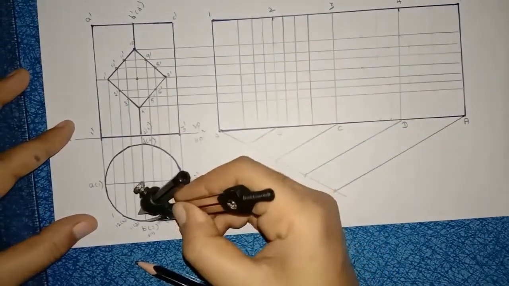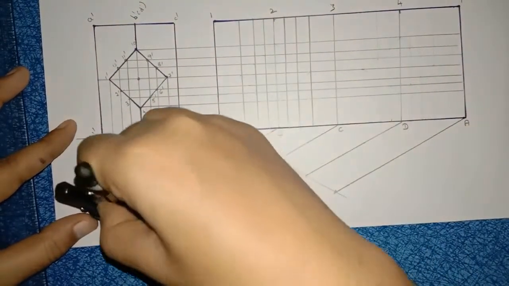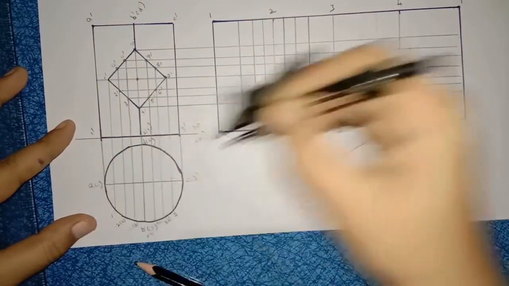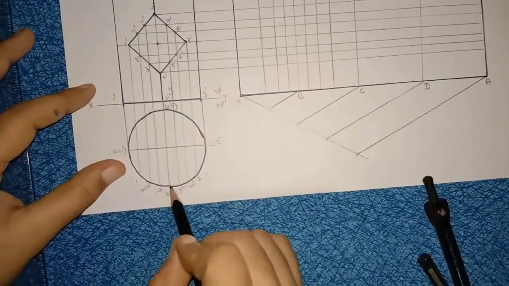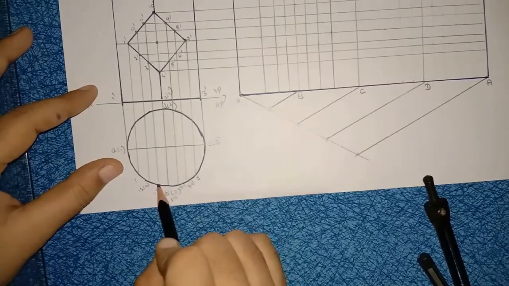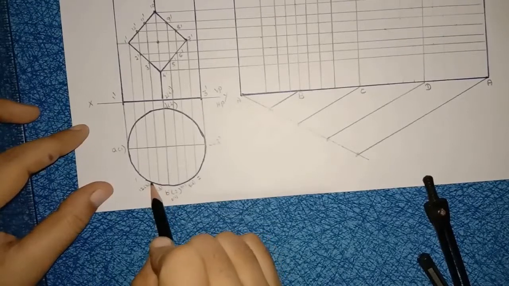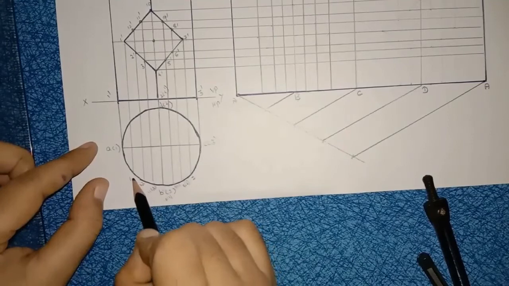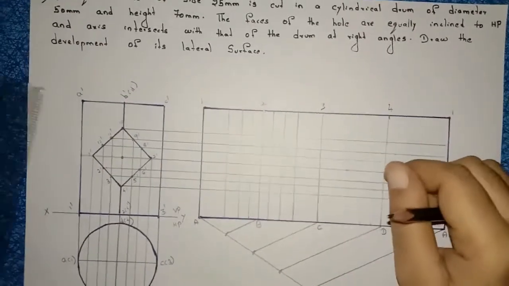Anyway we are projecting here, same B of 2, same length we have to draw here. Again from next line to next line, from last line to end line. Just mark the point. See what we are doing. With respect to this midpoint line, B of 2 to this line, we are taking this distance with the help of compass and we are marking here. Then next from this line to this line, we are taking this distance with the help of compass, we are marking here. From this line to last line, we are taking these distances and we are marking here.